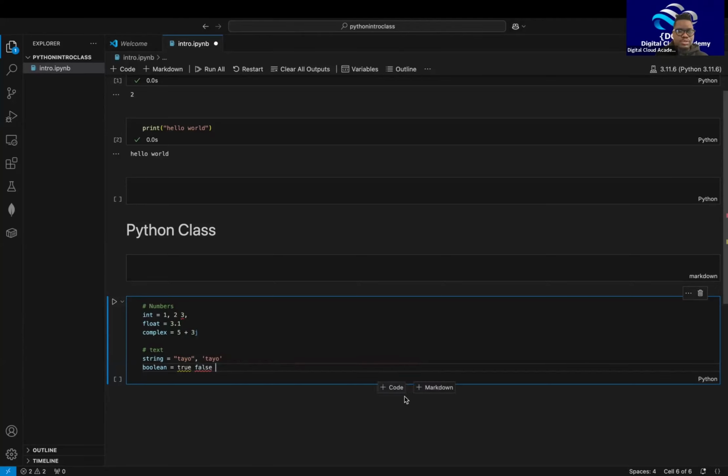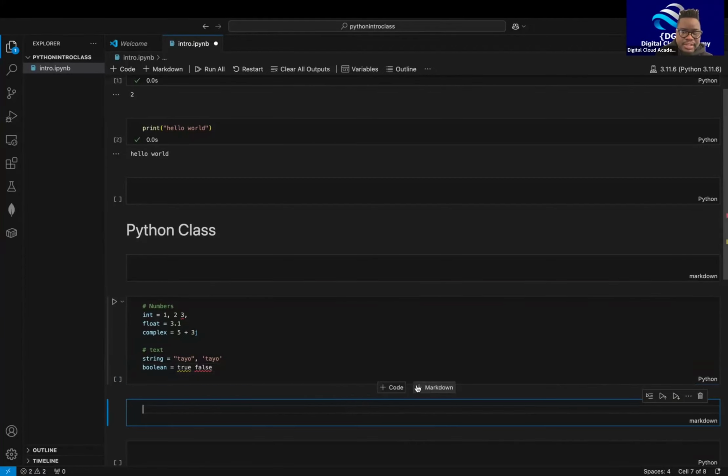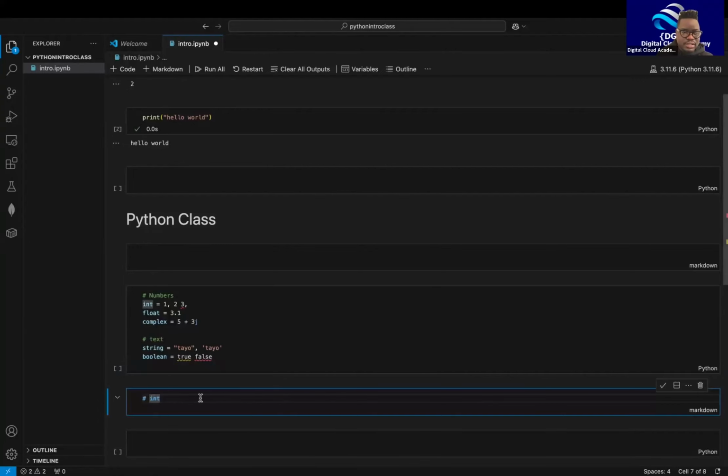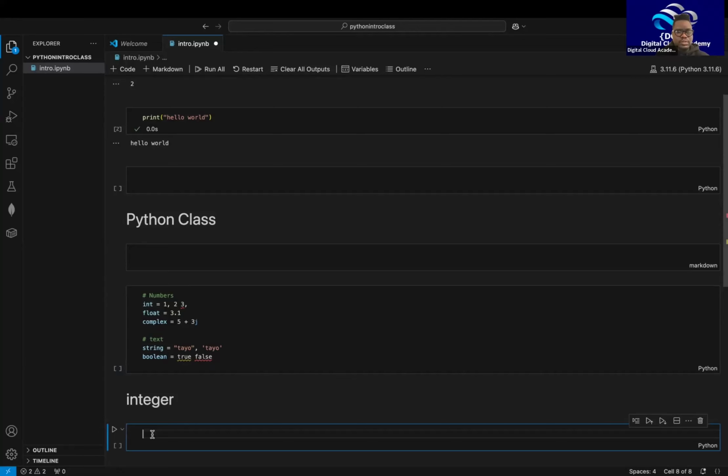So let's move to our notebook. Let's treat integer first. Okay, let me use a markdown here. Integer. So now we said, okay, 23, all whole numbers are integers. To confirm this,